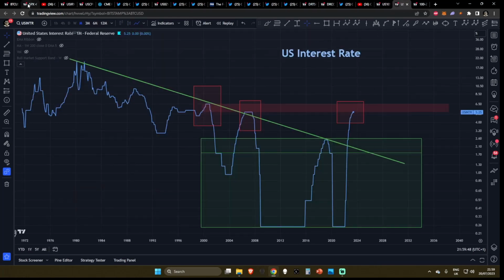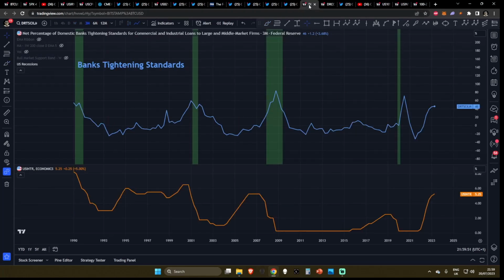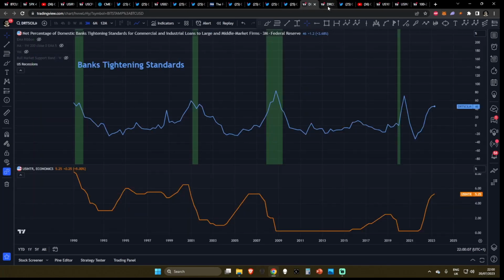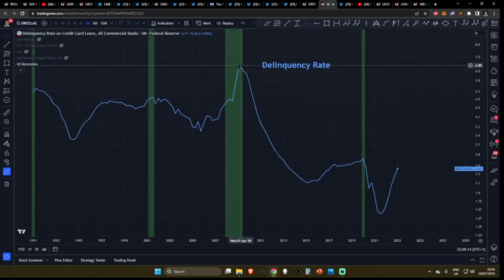This is going to cripple global net liquidity. Because this is crippling global net liquidity, banks are going to tighten their standards for credit. Because banks are tightening their standards for credit, it's going to be very hard to borrow money. People are going to become delinquent on the loans which they have got. And as you can see, it's very clear to see here with both of these charts, when you see banks tightening their standards for credit, and subsequently as you see the delinquency rate take a run to the upside as a result of this, recessions always follow.